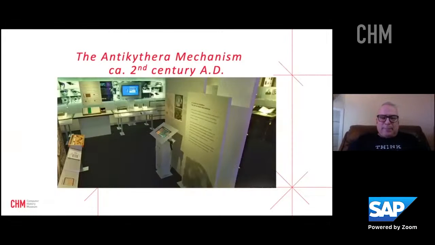And I don't know how many people have heard of this, but it's actually rewriting the entire history of technology, because this device, which is from basically the 2nd century, shows technology that was not discovered until the 1500s in Europe, or perhaps a bit earlier. So the Antikythera Mechanism is actually an eclipse prediction machine that uses a series of geared wheels